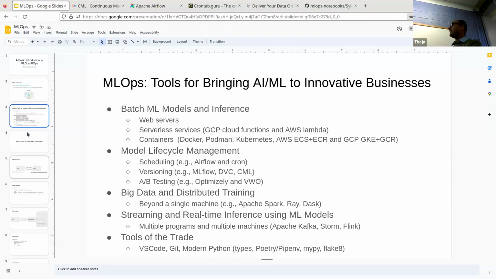But if you look at the landscape, this is not the only landscape, just some subset of topics. The first topic was just deploying an ML model, because that's the first thing you would think of once you train a model on Google Colab or on your local Jupyter installation. Once you train a model, a logistic regression model or some model, you want to expose it to users. How do you do that? And that's what the first bucket was about.